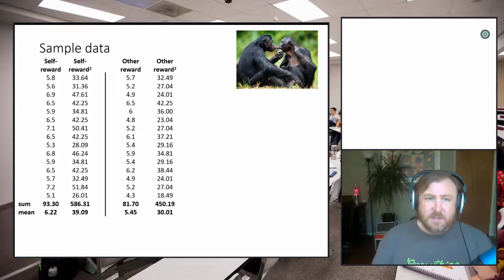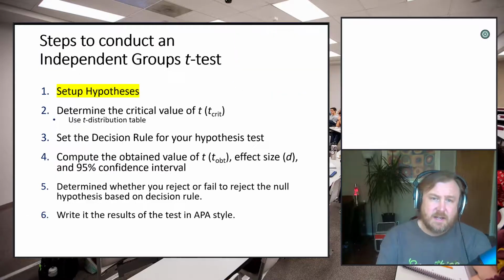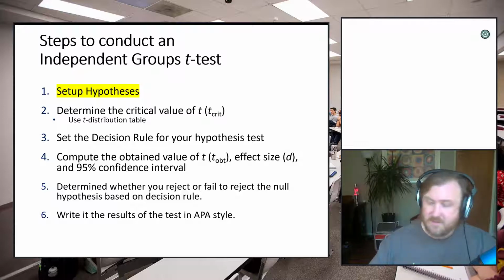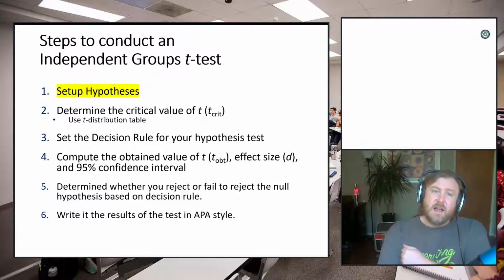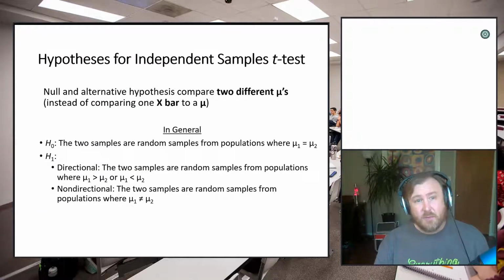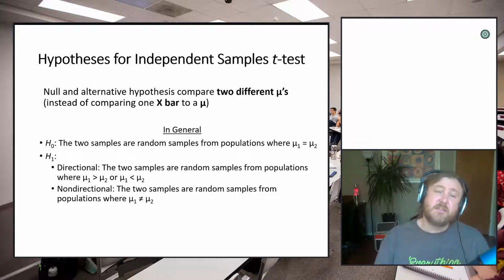Okay, so what are the steps to conduct an independent groups t-test? Well, it is exactly the same procedure as every other test we've done up to this point. So the first thing we need to do is set up our hypotheses. When we're doing hypotheses for an independent samples t-test, basically what we're doing is making the null and alternative hypothesis